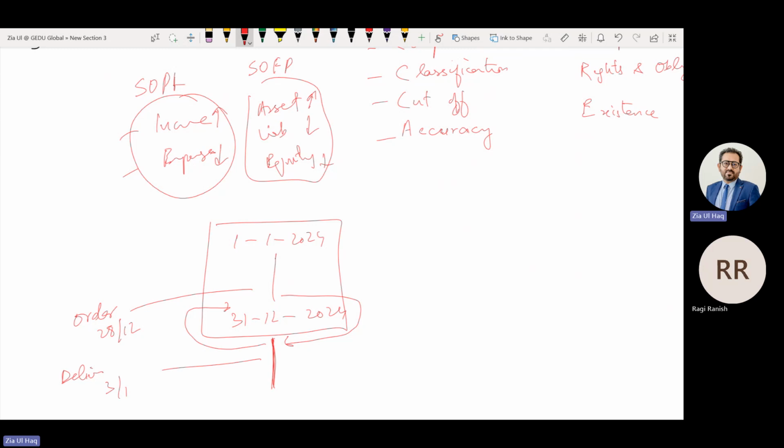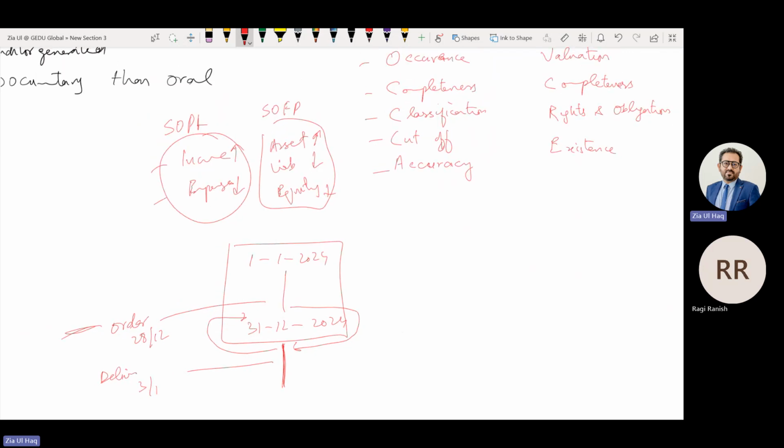In January, because you have transfer of risk and reward in January. So this sale revenue should be recorded in January, but they are recording it in December because we received the order in December. Sir, even if you have received the amount in December, you cannot record the sale in December. So this kind of error is called a cut-off error, meaning we need to make sure whether transactions have been recorded in their correct period or not.